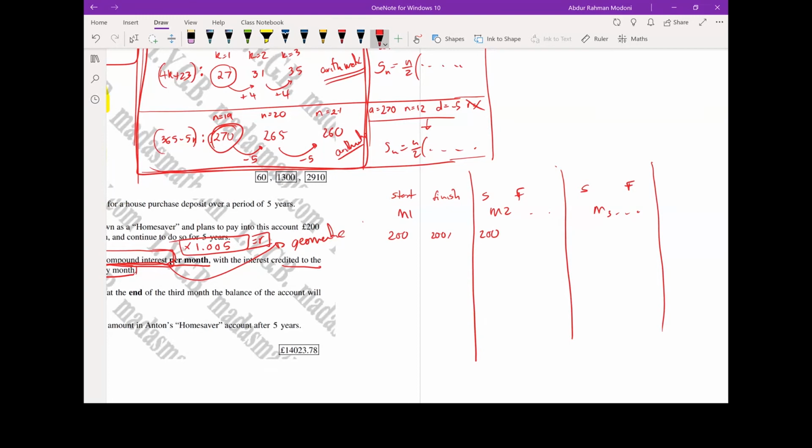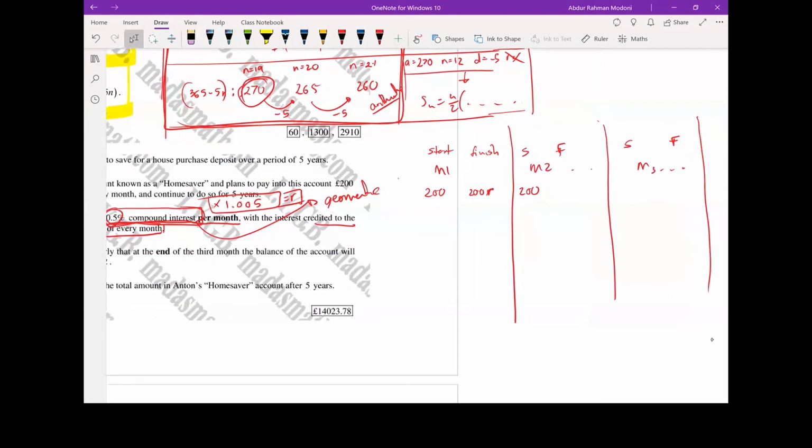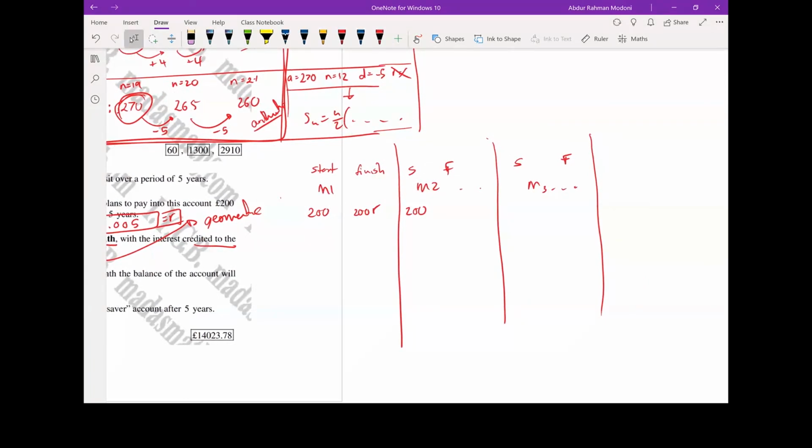I'm going to say that's my common ratio. So I'm going to have 200R. So always, first of all, work out your multiplier, write that as a ratio, that's R, and then we can work with that R here. So there's fewer numbers. And if you're writing R, you can actually spot patterns a lot easier. So I've invested 200 at the beginning, and I'm going to have 200R at the